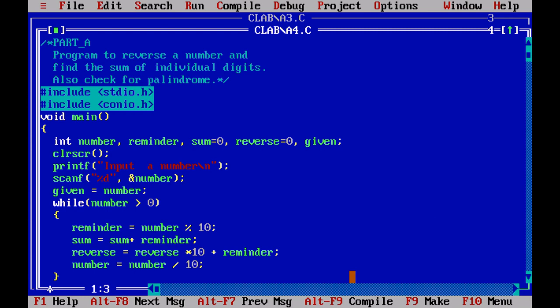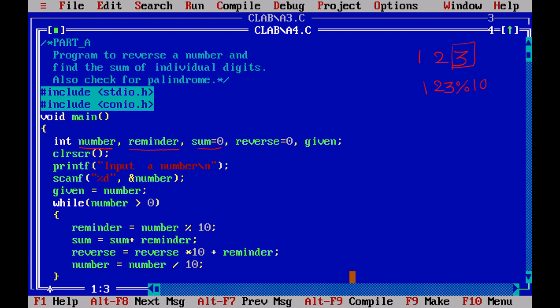Here I am going to have a number and I am going to find the remainder and sum. These are the variables I want. Let me see how I am going to separate my digits. Say my input is 1, 2, 3. I want to find the reverse, which means I want 3 first. To get this 3, I will say 123 mod 10.